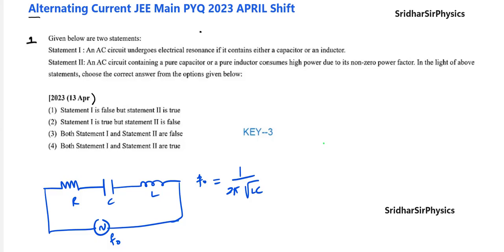Then look at this. Resonant frequency depends on what all? It depends on L as well as C. I'll write it clearly: it depends on both L and C. Both must be there. Capacitor should be there and inductor should be there. Then only it can be resonant. But it's telling either. Either means